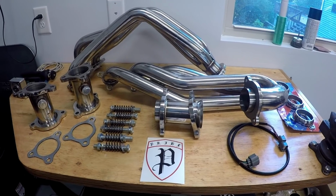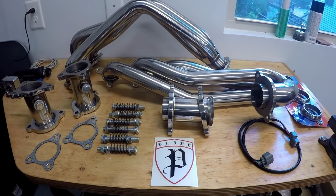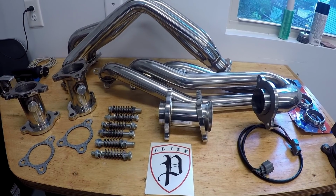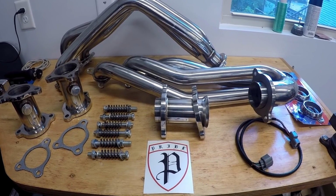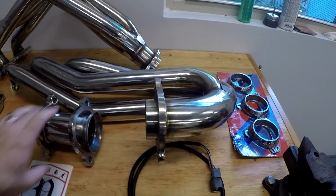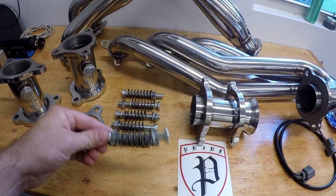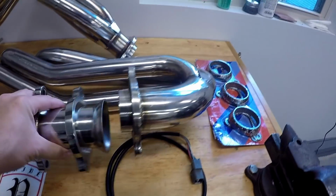So instead, what you have are these, I don't know what you call them. They're kind of like a hybrid. It's not a full-on V-band joint like I have on the Lamborghini, but it has these donut gaskets that fit inside a cone, and then you connect them using these. This is where your flex comes from,